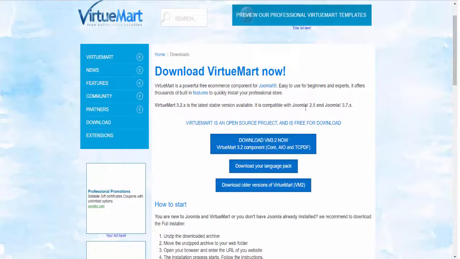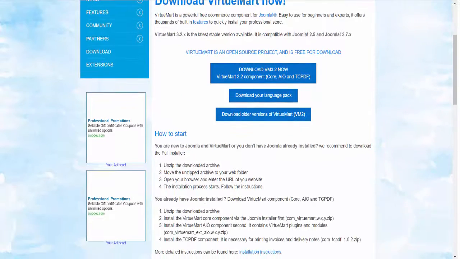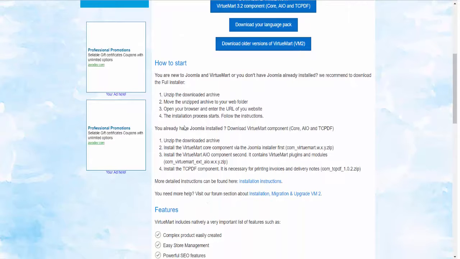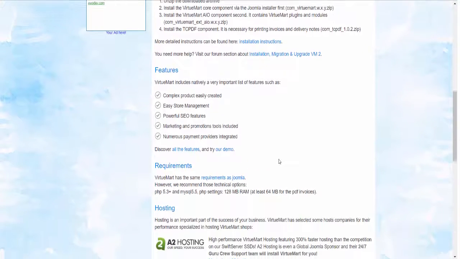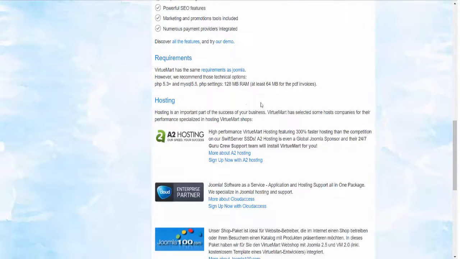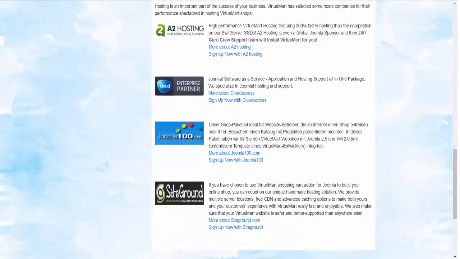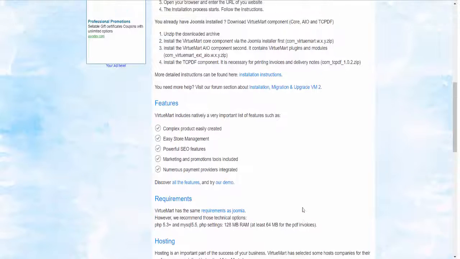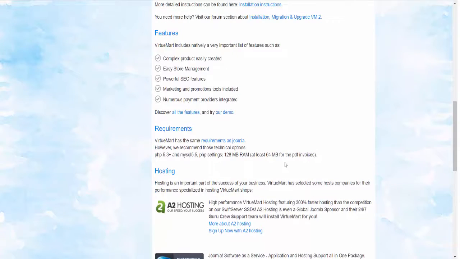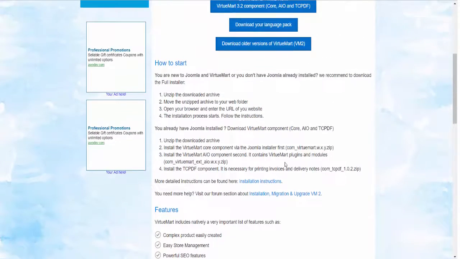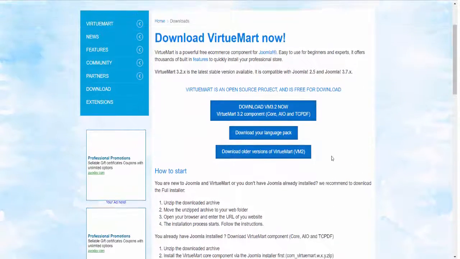Okay, so first of all it will give us some more information about this particular extension, how to actually start and how to go about installing it. Then we have some of the features, the requirements, and some hosting that they're suggesting we sign up with. Assuming that we already have the hosting and Joomla installed on your server, we're ready to start downloading and installing this